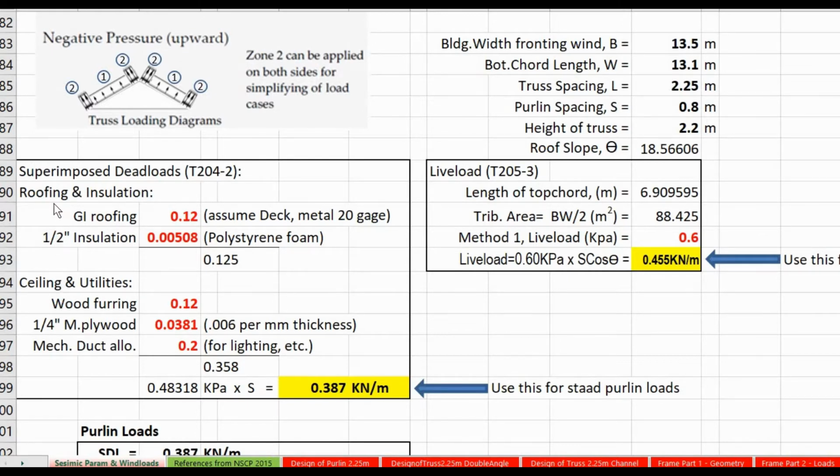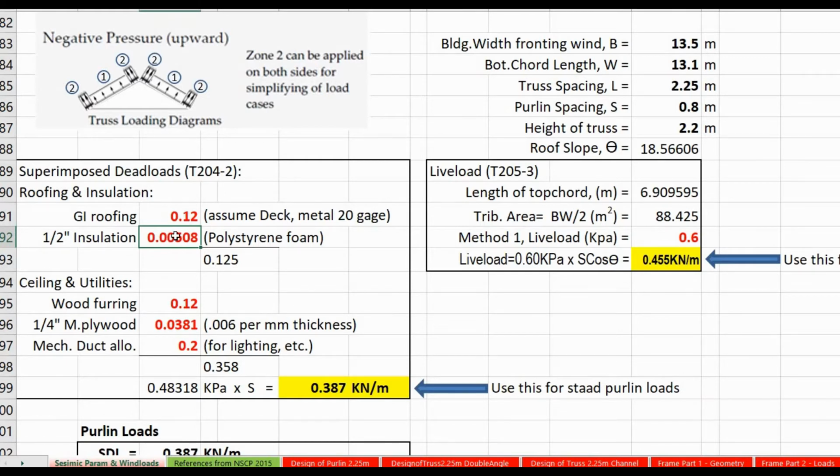For superimposed dead loads, this is from table T204-2. This is applied on the purlins. So, nakapatong po dyan ang GI roofing, that is gauge 20 na metal, assume deck. So we have 0.12. This is in kPa. And then you have 1/2 inch insulation, or that is polystyrene foam. That is